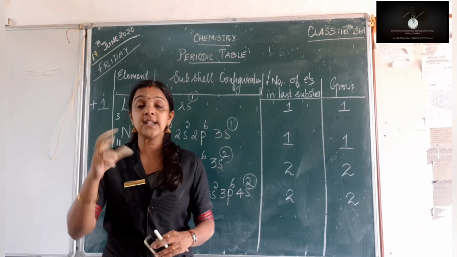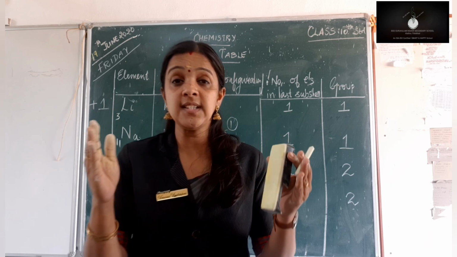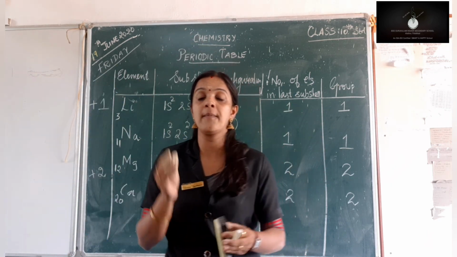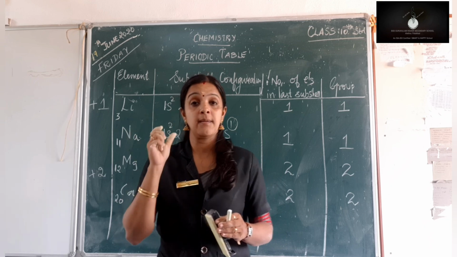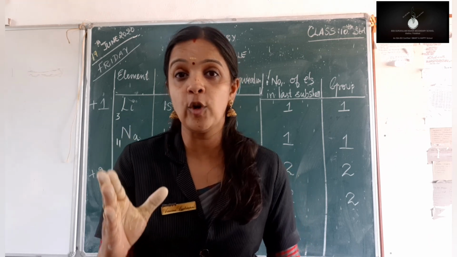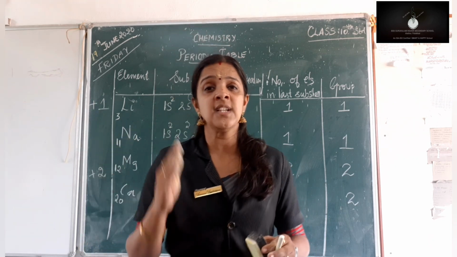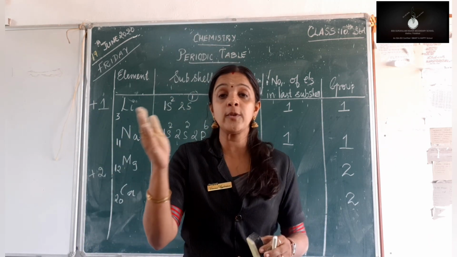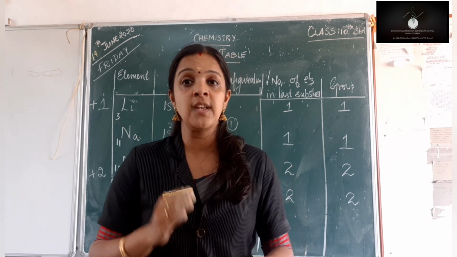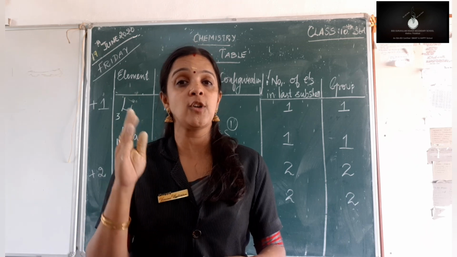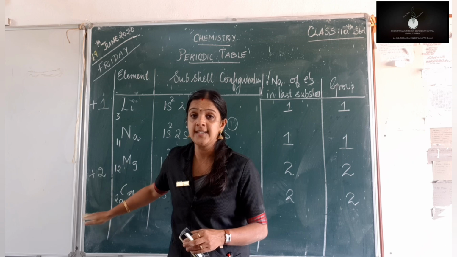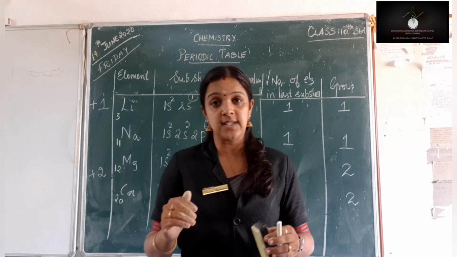Then what about the bond that is formed? Since there is a transfer of electrons taking place, they form an ionic bond. These group 1 or, I say, s-block elements are very good in forming ionic bonds because there is no mutual sharing, there is a transfer of electrons taking place. So these are the important features of s-block elements. Other than that, we have ionization energy and electronegativity.